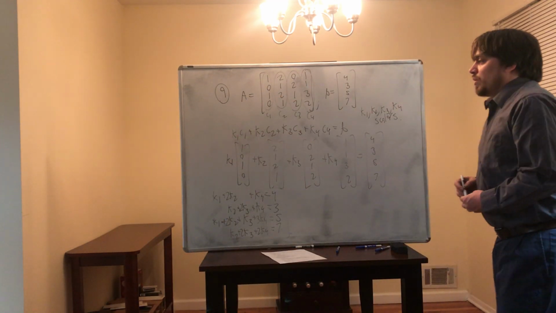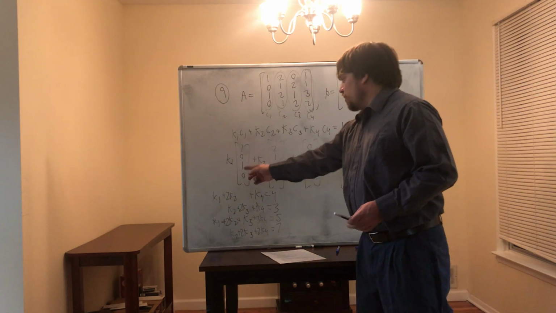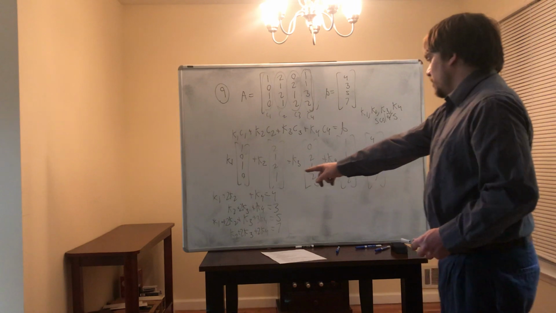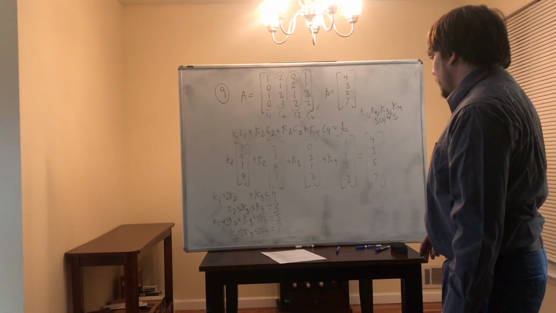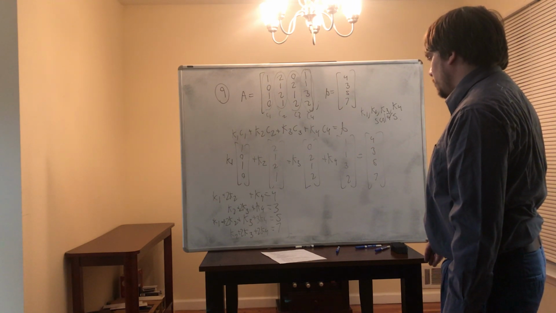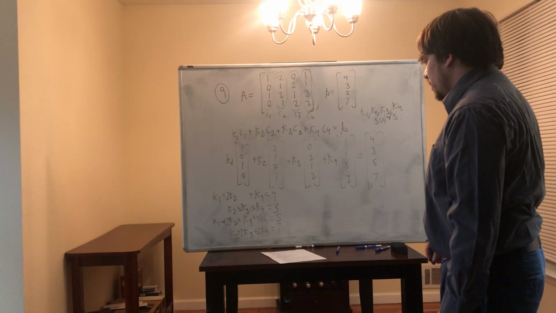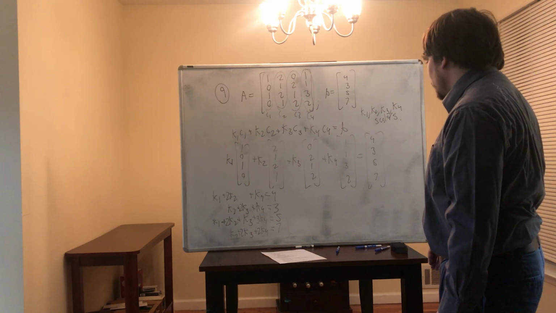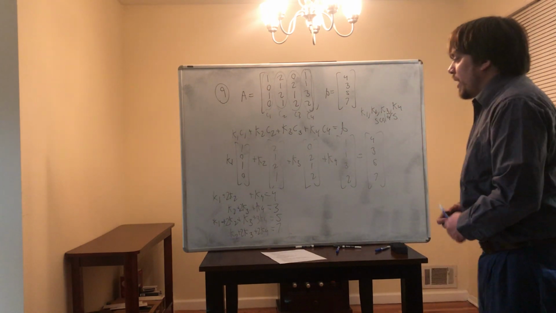Okay? So if you take K1 plus 2K2 plus K4, it should equal 4. If you take K1, looking to get those equations there. Okay, and then K2 plus 2K3 plus K4 is equal to 3. K1 plus 2K2 plus K3 plus 3K4 is equal to 5. And K2 plus 2K3 plus... Okay, so then,